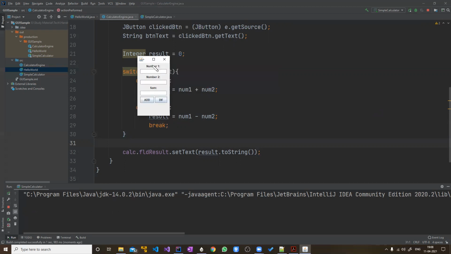Here I have written some other label, it should actually be result or something, which you can change later. The main thing is whether whatever we have tried is working or not. So 23 plus 34, if I do add, it is 57, correct. There is no problem in that. What if I change it to diff? The difference is minus 11, correct? 34, 34, difference is 0. 34, 23, difference is 11. Add is 57, difference. Everything is working. Both the buttons are working.